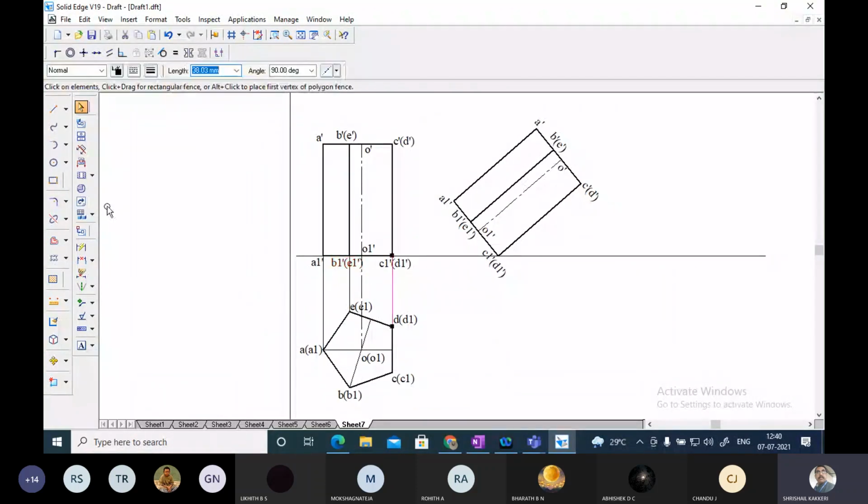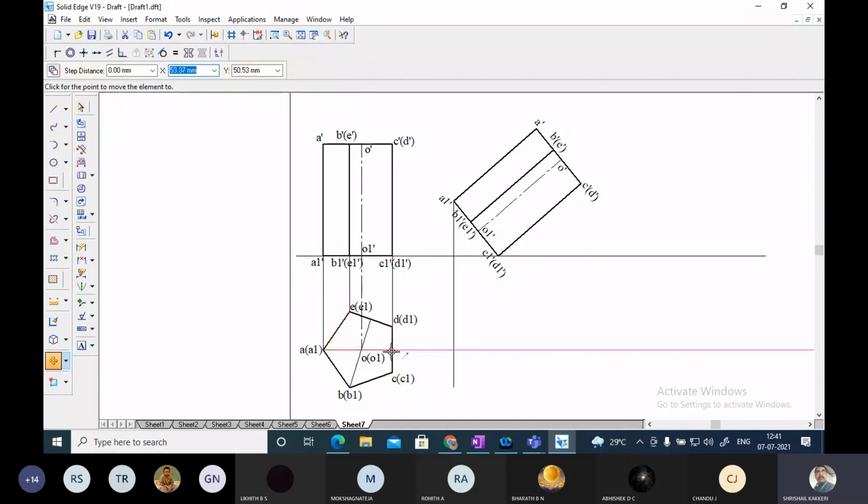Next, let me draw the vertical lines from A, B, C, all this. Okay, let me draw this. I have drawn a line from A, and draw the line from A. That means from here I am going to take. I have not selected, okay. Draw the line from A. Okay, and this will be point A. Okay, this will be point B.